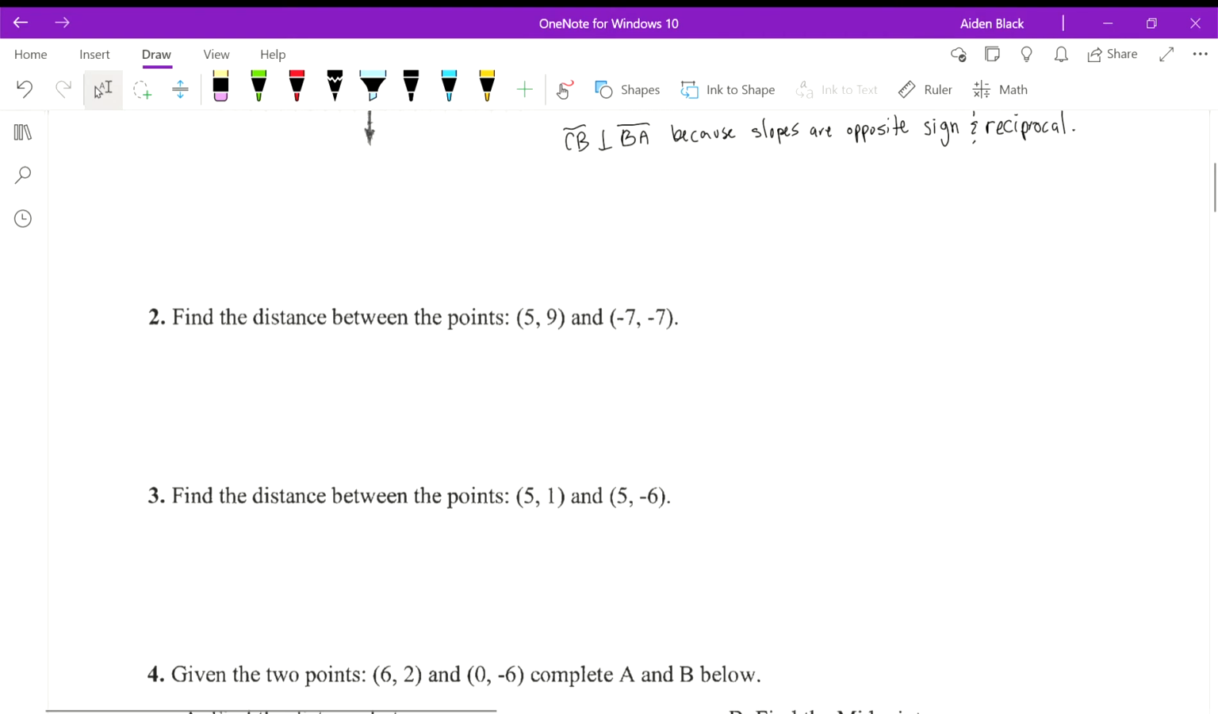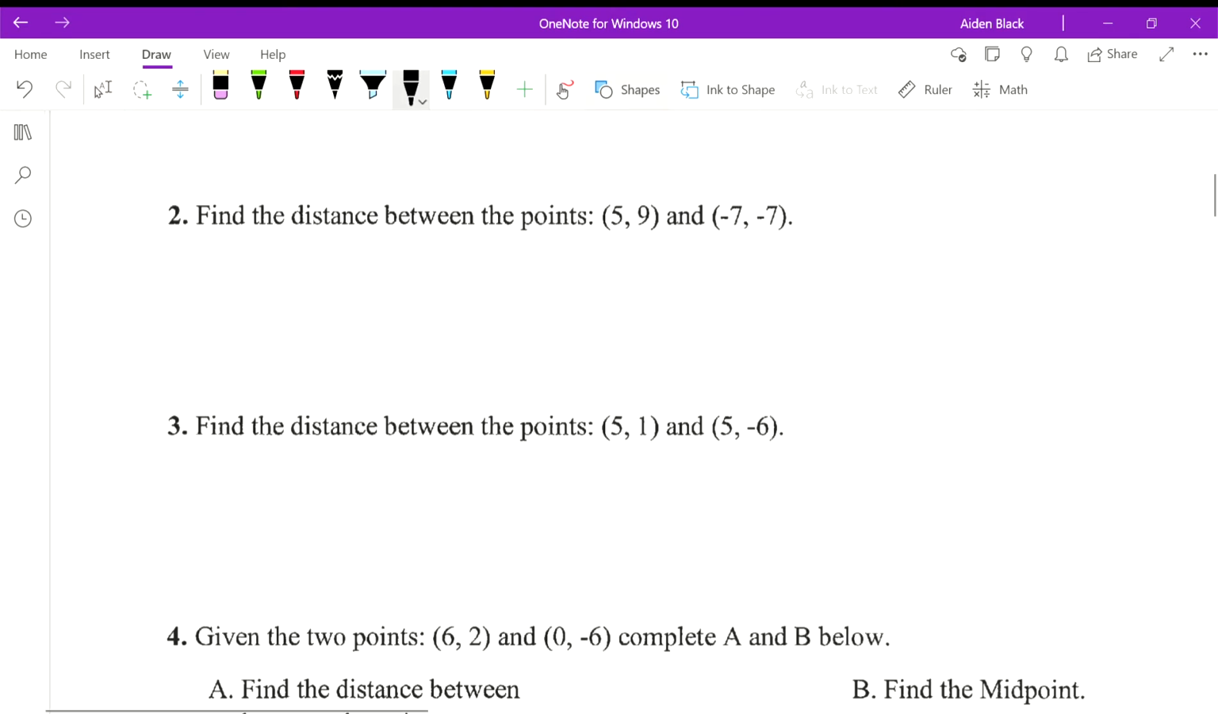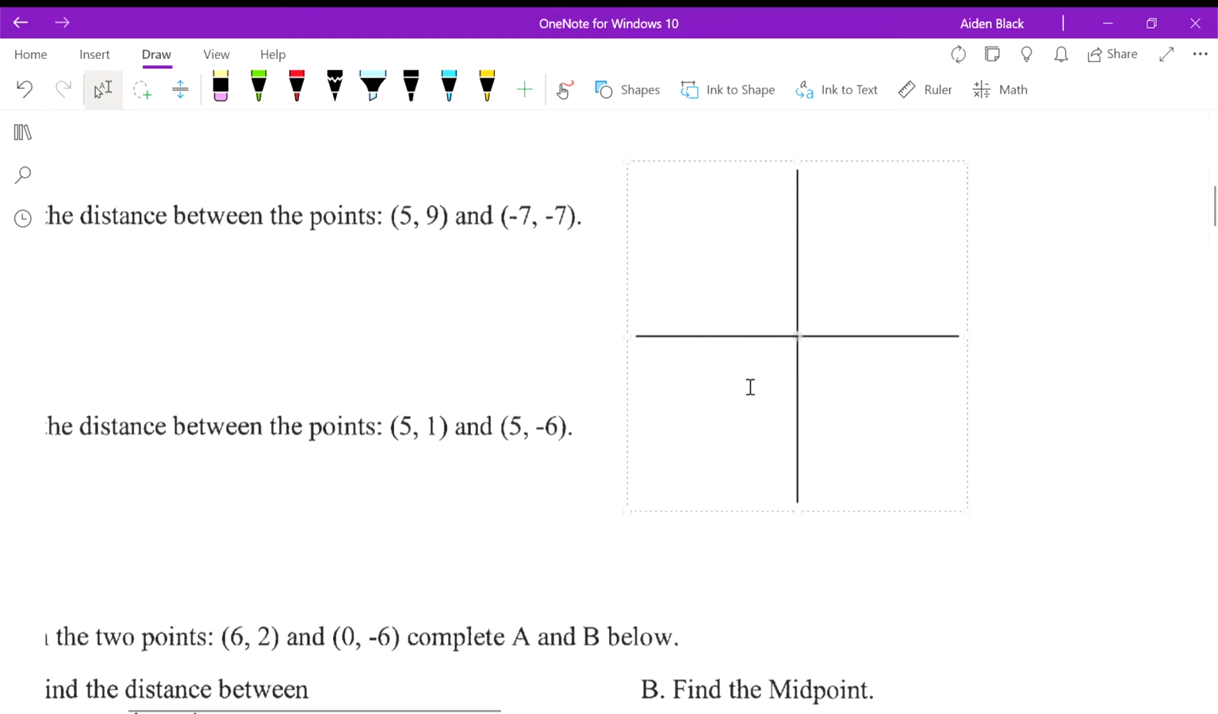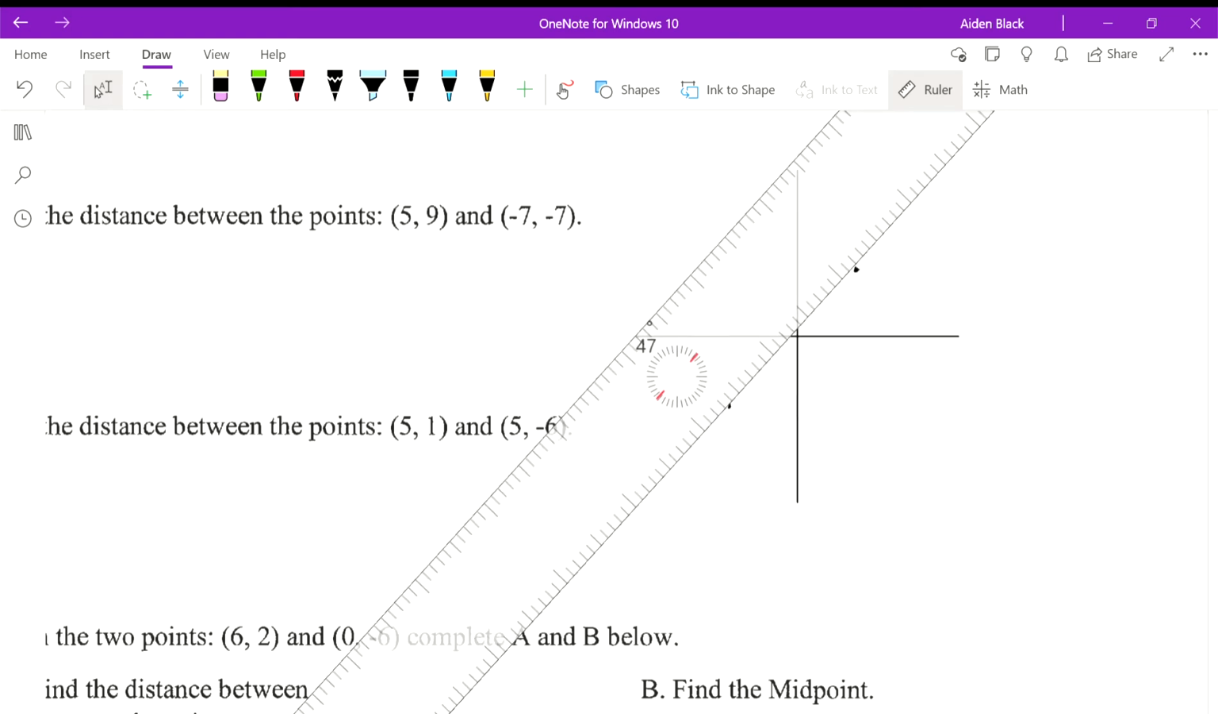Okay, distance, we can use the distance formula, right? If you didn't want to use the distance formula, you can always plot this out on the xy axis and create a right triangle. For example, (5, 9) could be like right here maybe, and (-7, -7) could be like right here. So you definitely want to do this with graph paper if you're going to solve it graphically. So from here to here,